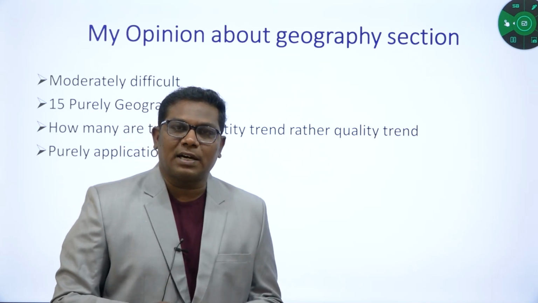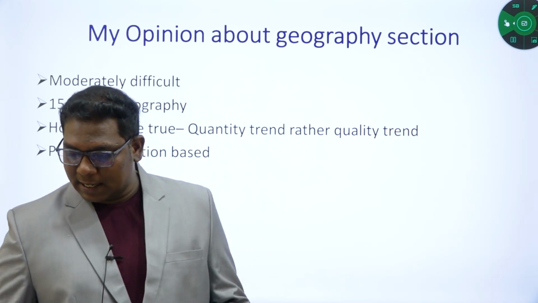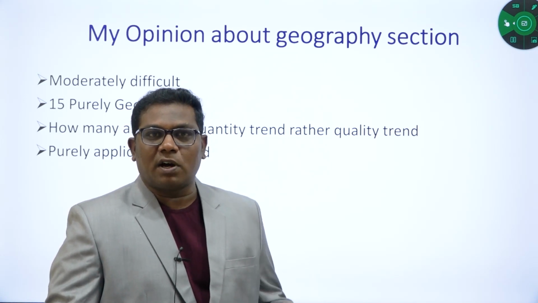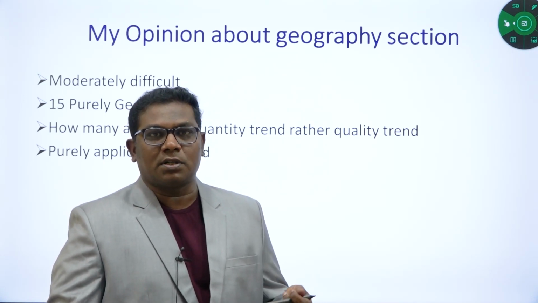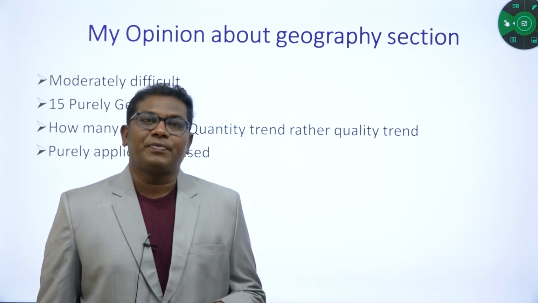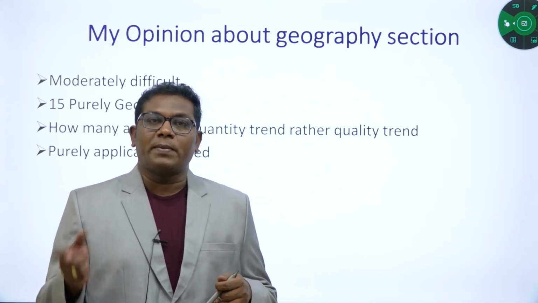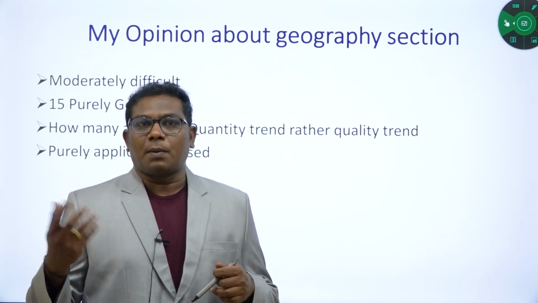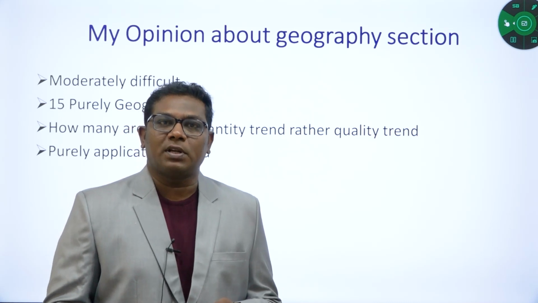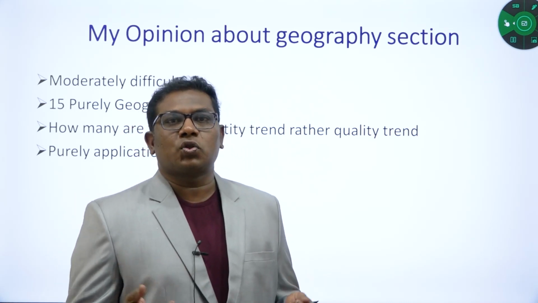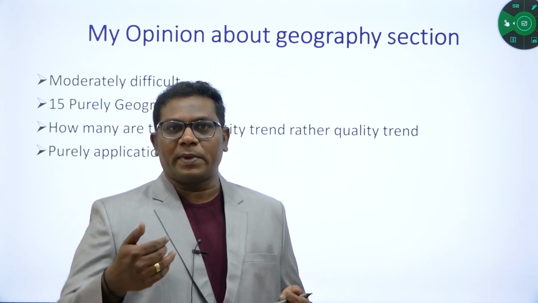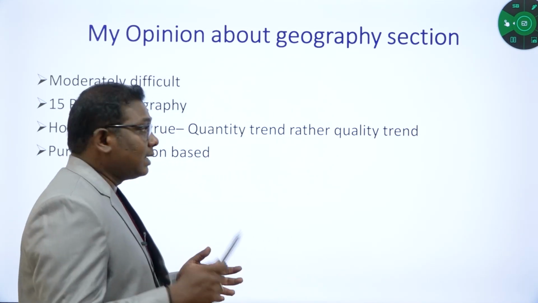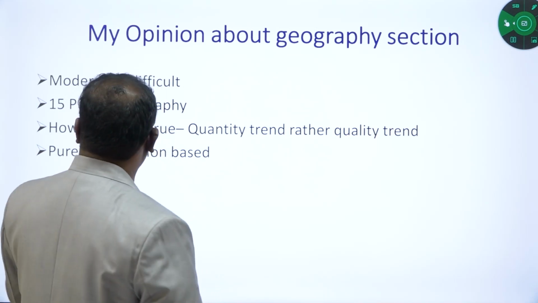The reason for the difficulty in geography is the way the options are asked. Earlier, the options were generally of the type which of the following is true or false. But this time the options are how many are correct, how many are not correct. Earlier you had the opportunity to at least eliminate some options and try to derive the right answer. Now there is no scope for eliminating, because it is how many are correct, how many are not correct. This way of asking questions resulted in the difficulty of the examination.